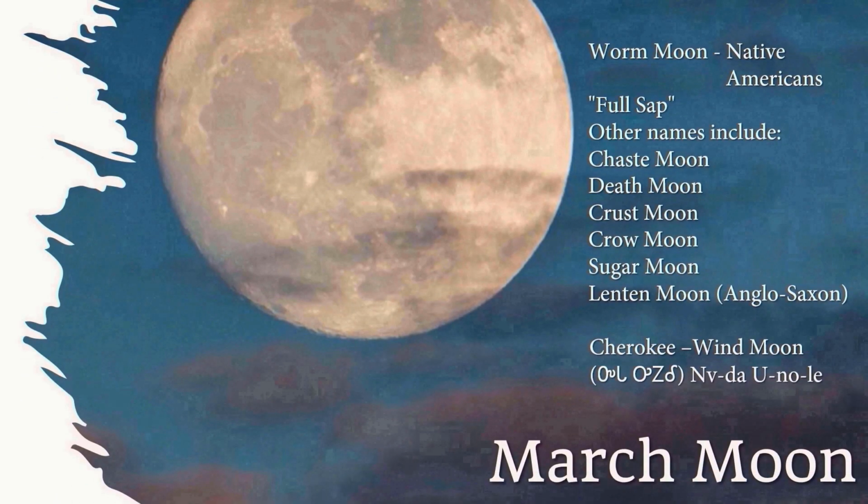March moon: Native Americans called the last full moon of winter a worm moon, after the worm trails that would appear in the newly thawed ground. Other names include Chase and Death Moon, Crust Moon, in reference to the snow that becomes crusty as it thawed during the day and froze at night, Sap Moon, for the tapping of maple trees, the Lenten Moon, and the Cherokee Moon,